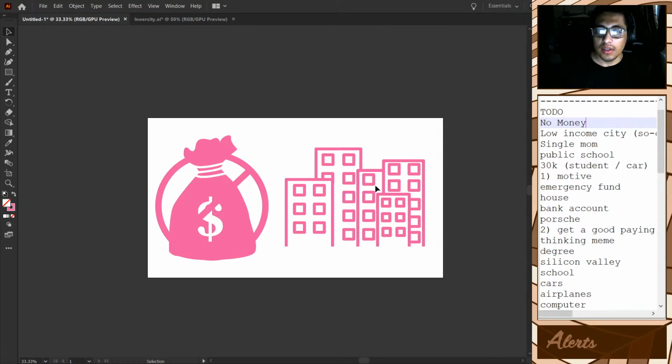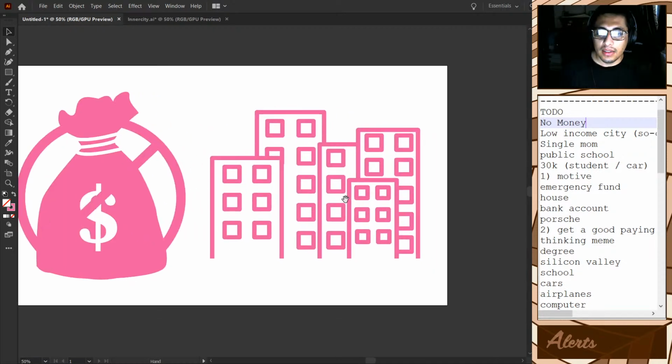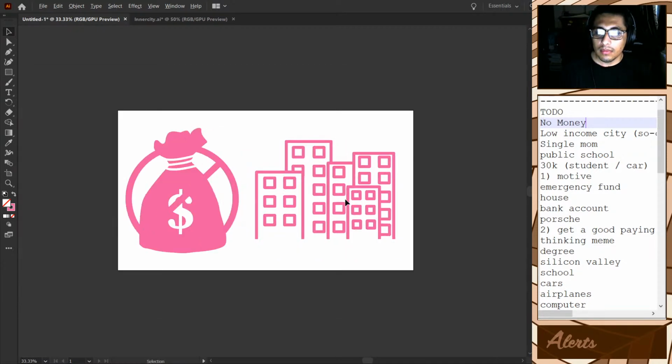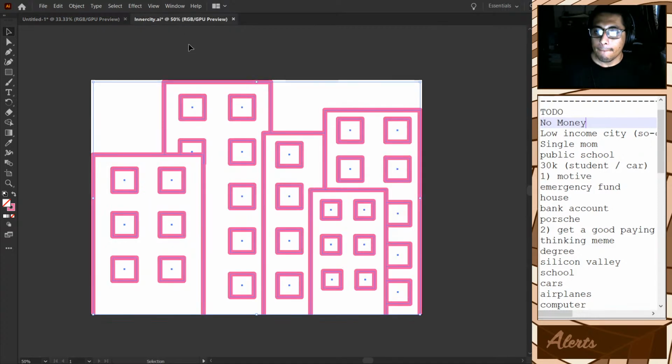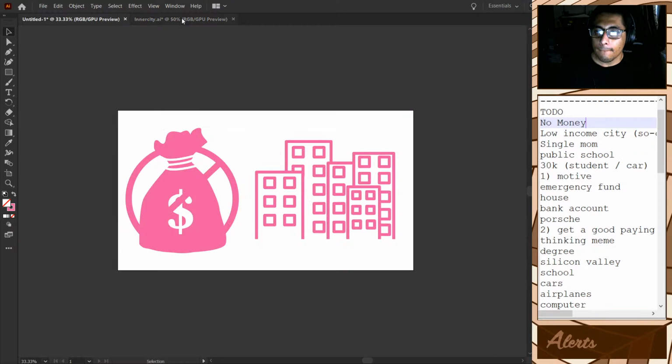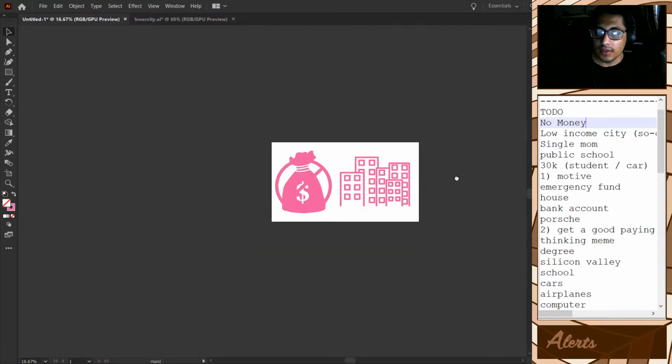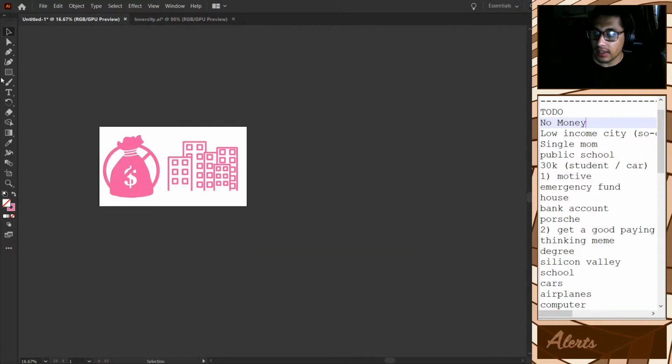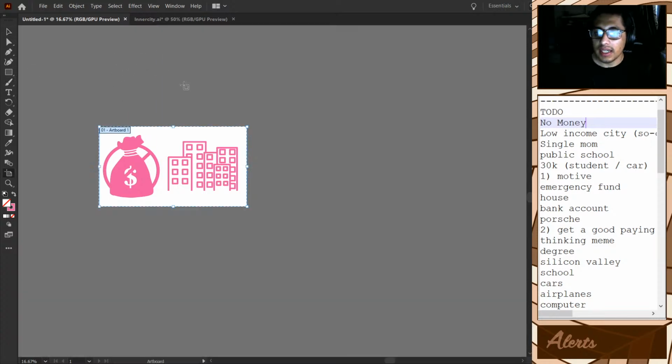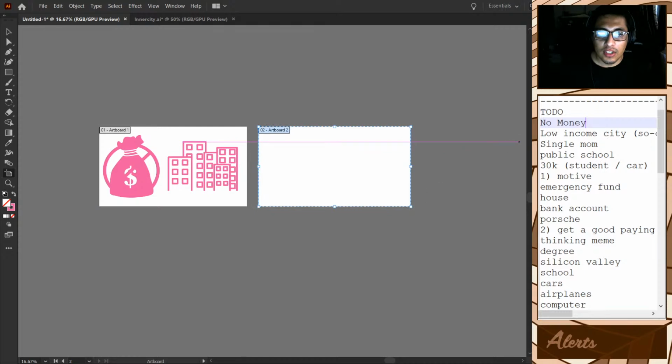So we got this, and now we're going to go back into our artboard tool, which is again Shift and O, to give you the perfect dimensions.